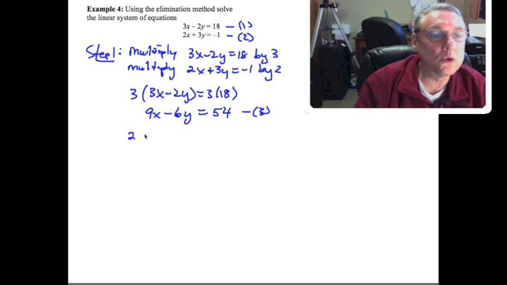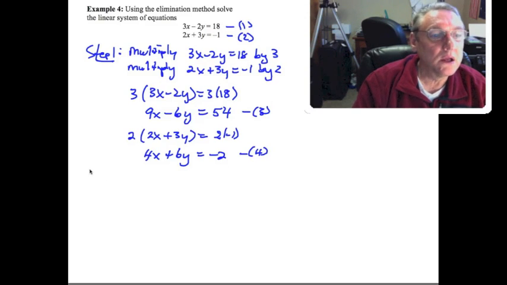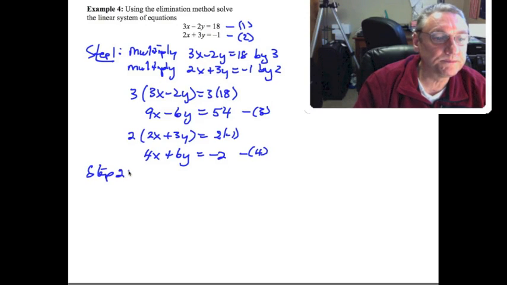And then I'm going to do 2 times 2x plus 3y equals 2 times negative 1. So this is going to be 4x plus 6y is equal to negative 2. And this will be my new equation 4. So step 2, we're going to add equations